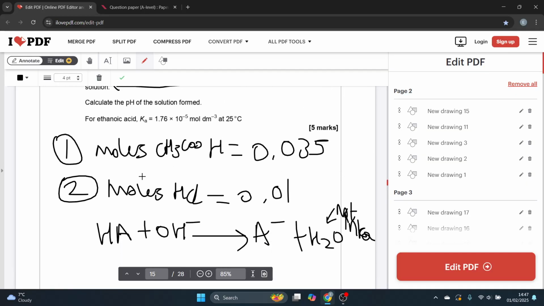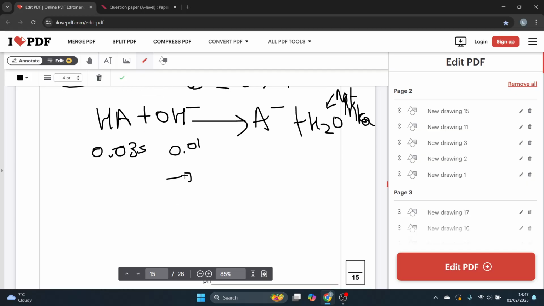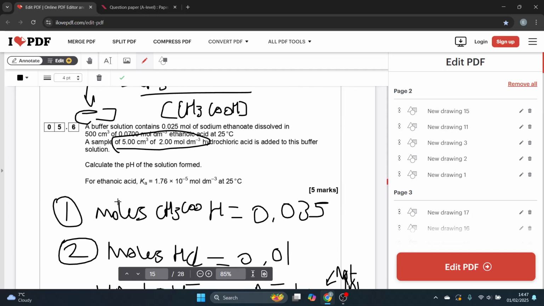So the moles of HA, in this case ethanoic acid, 0.035, moles of HCl, 0.01. So I'm going to minus 0.01, because that's a smaller value. And in this case, I'm going to add 0.01. 0.01, 0, 0.035 minus 0.01, 0.025. And these are obviously going to be the moles, just to clarify. Then I know